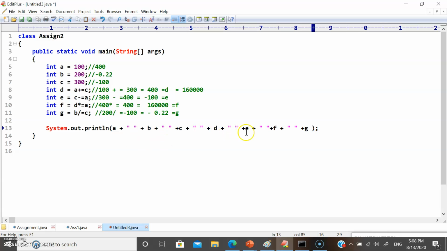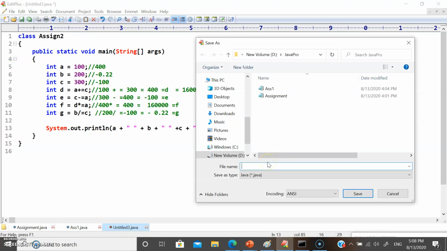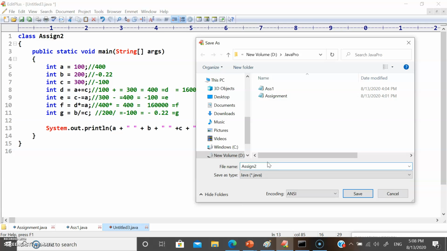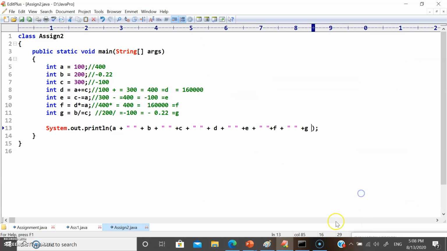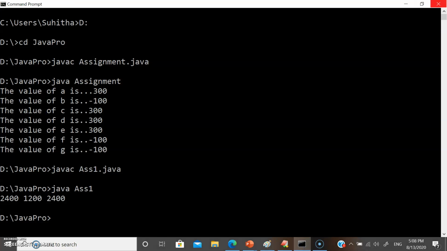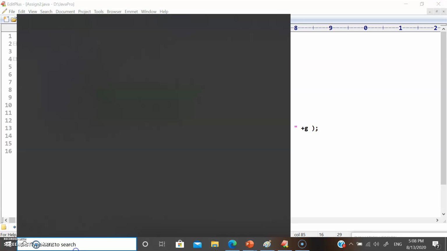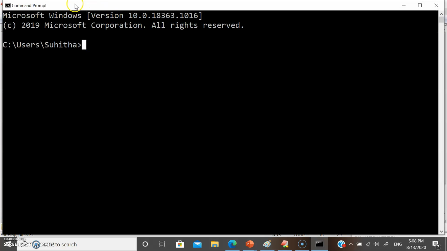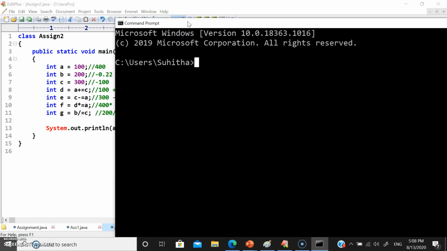So a, b, c, d, e, f, g. Let's save this program. The program name is assign2.java. Let me change the partition now to D, and the folder name is Java Pro.